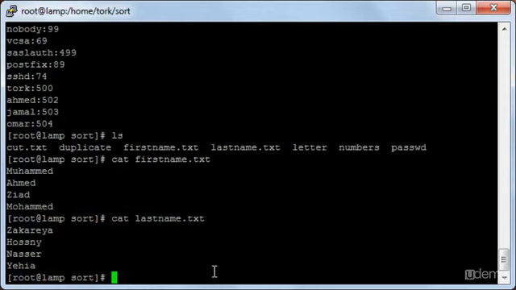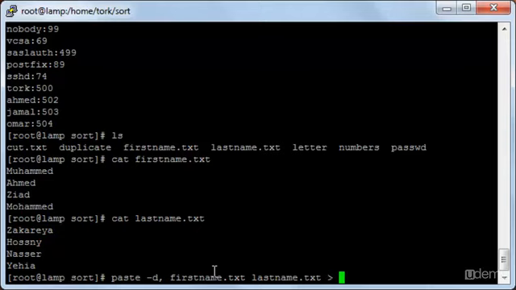So here are names and here are different names, and I want to combine both names together. So I will type the command paste and then -d comma and then firstname.txt and then lastname.txt. So I have added the names of those two files over here, and then I will redirect them